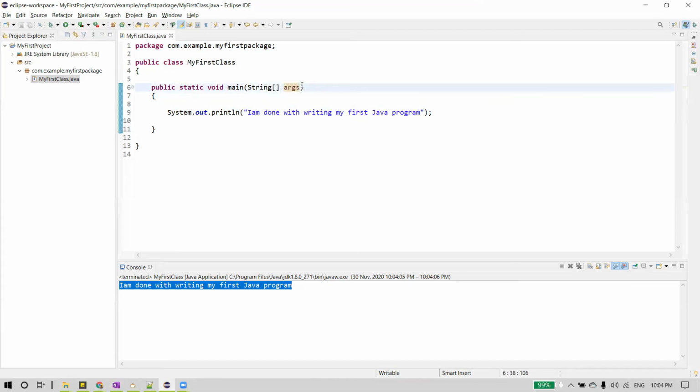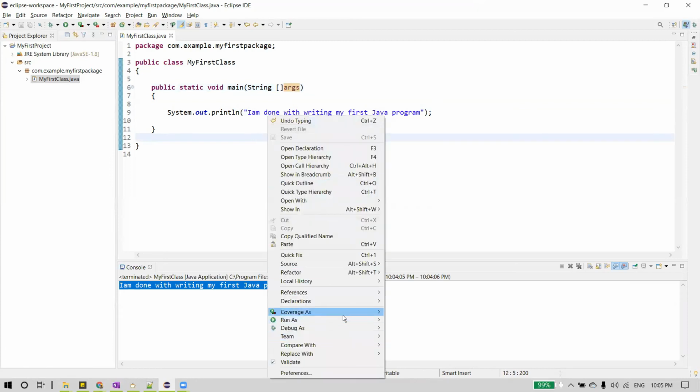This can be written in many other ways as well, like this subscript notation. The braces specify an array of strings, meaning more than one string. This can be one way, or the brackets can also be given before the parameter name, like this.